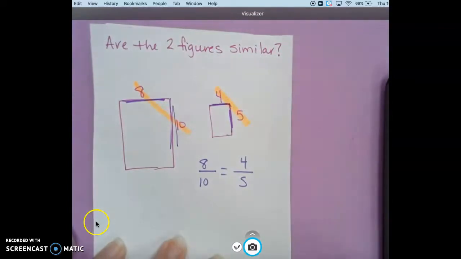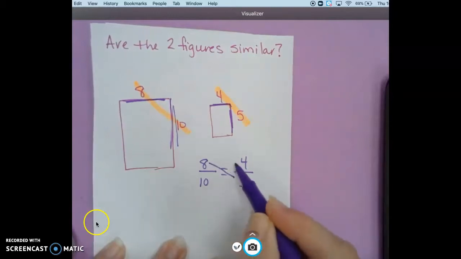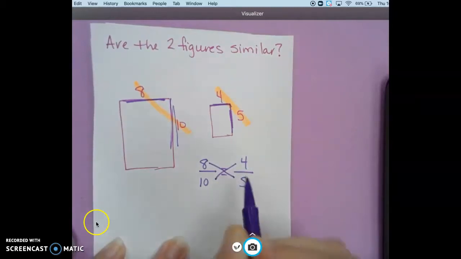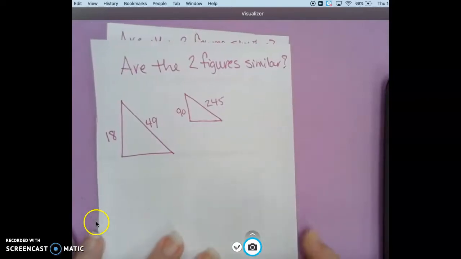And are they similar? We talked about for probably about 2 weeks now. Just multiply these diagonals. It will be the quickest way to tell if they're equal or not. And that gives us 40, and that gives us 40. So that would be, yes, these two shapes are indeed similar. So let's try a couple more of those. If I look,